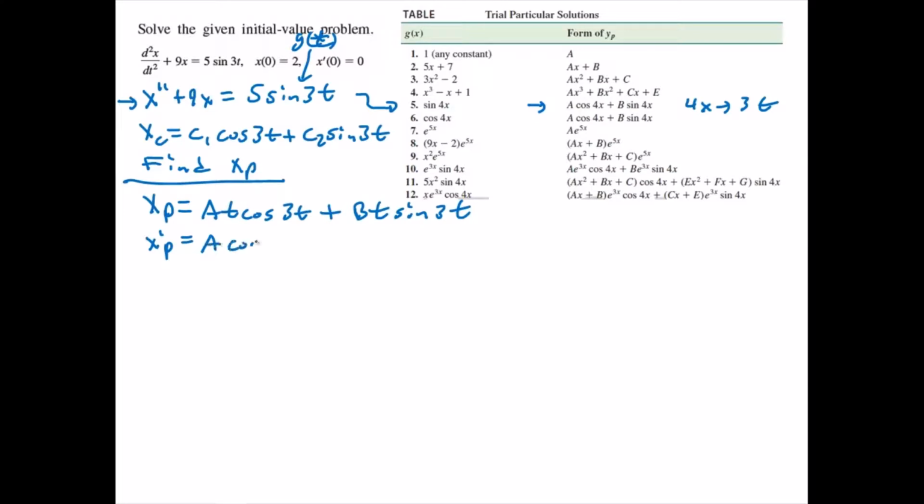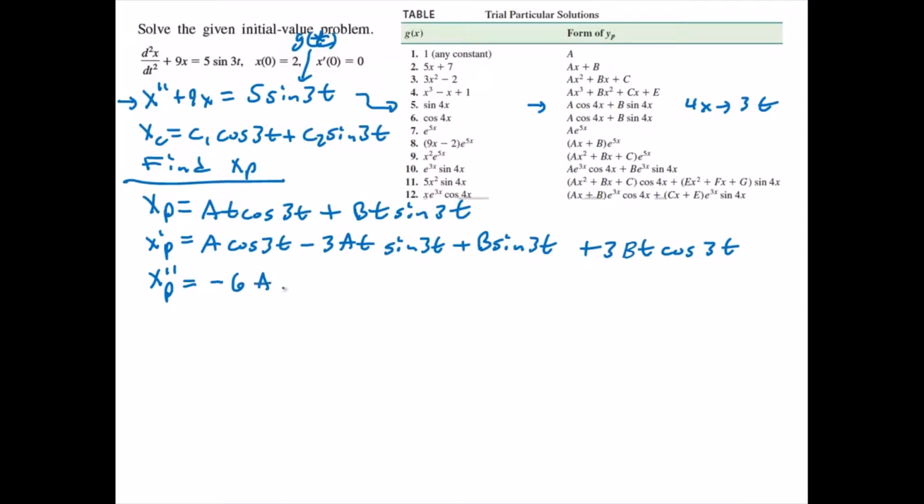We'll get a times the cosine of 3t minus 3at times the sine of 3t plus b times the sine of 3t plus 3bt times the cosine of 3t. And then x double prime sub p, we can easily verify that that will be negative 6a times the sine of 3t